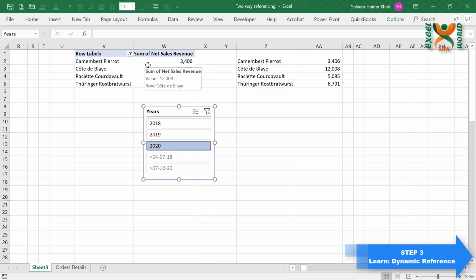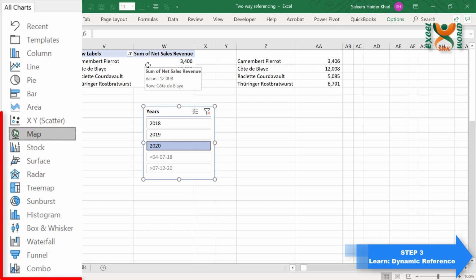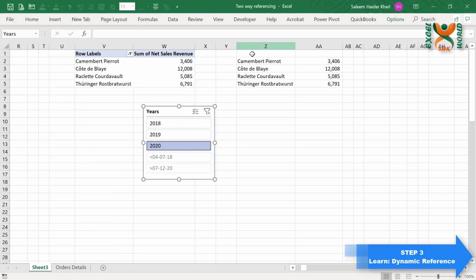So this is how you can refer data from a pivot table by using the feature of get pivot data. So this will help you a lot in creating different charts, maybe the charts which are not compatible with pivot tables. We will discuss this in detail in the upcoming videos. Hope you have understood a lot about the get pivot data feature and how we can make it dynamic.